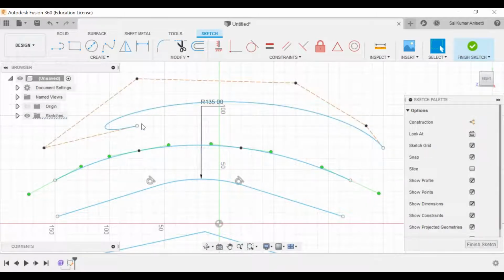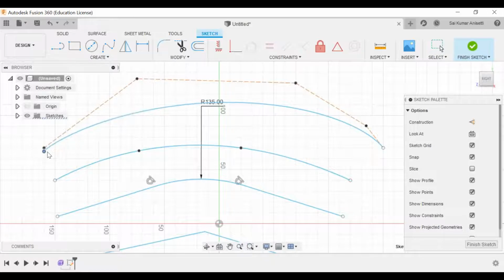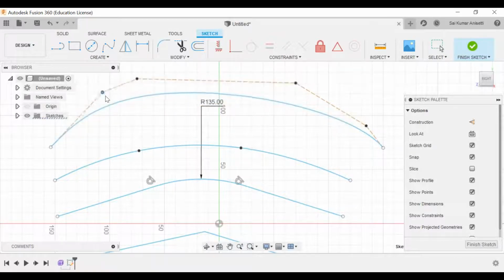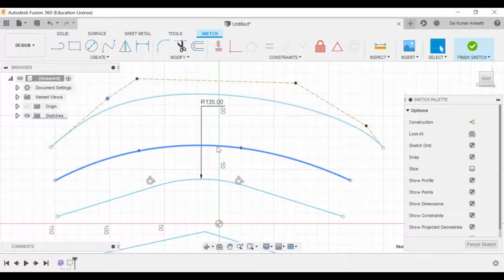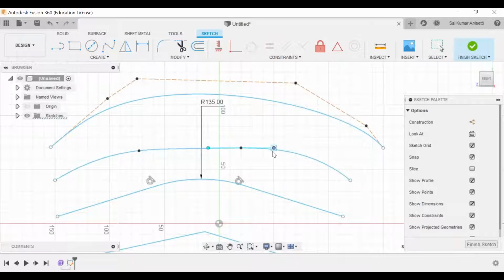See, the difference between this spline and this spline is, if I want to change the shape of this spline, these control points are on the spline. Now by turning the curvature continuity control points and tangency, I can control the shape of this.